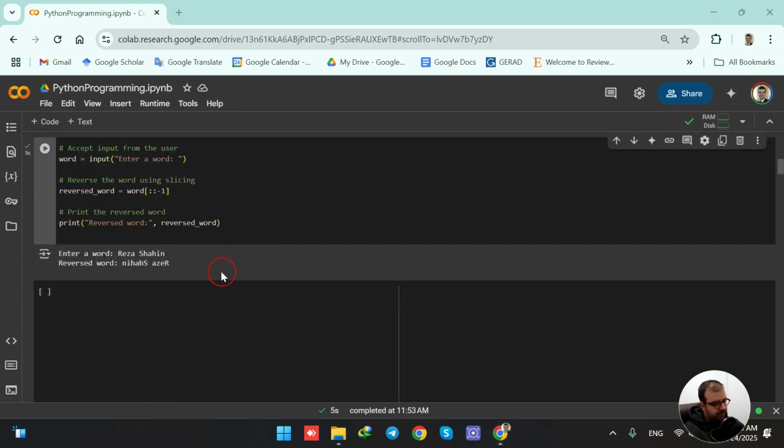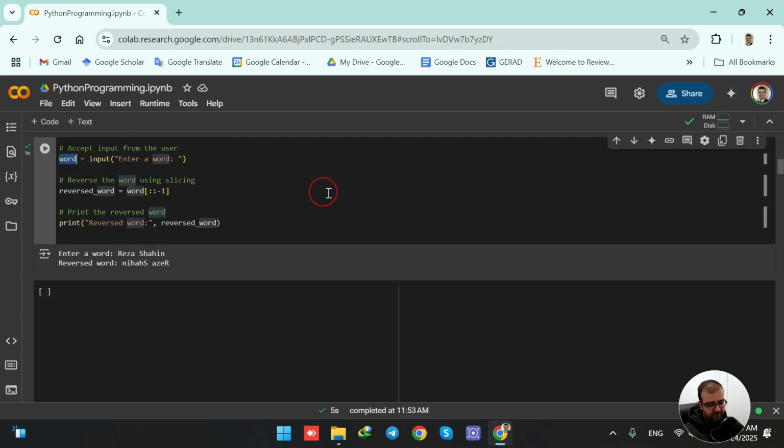In today's video, we are going to write a Python program that asks a user to enter a string, and we would like to reverse the string entered by the user and print the reversed version of that string, or let's say phrase. In order to access inputs from the user and store them, we are going to have this line of code. We are going to use the input function. We are saying enter a word,